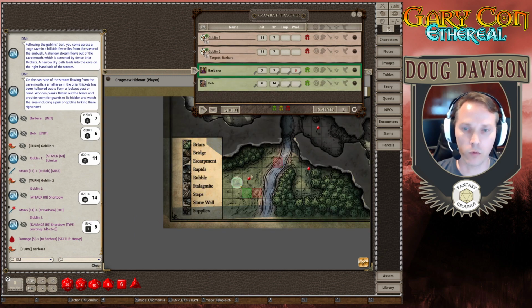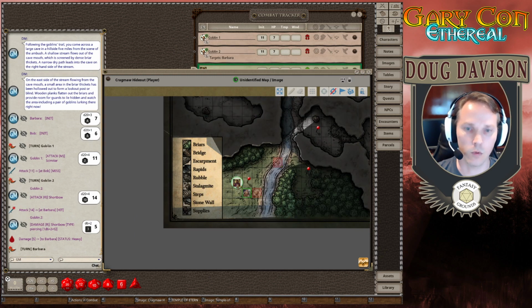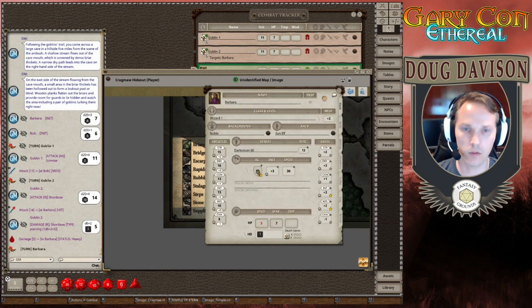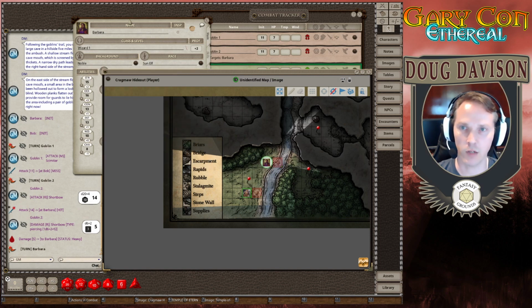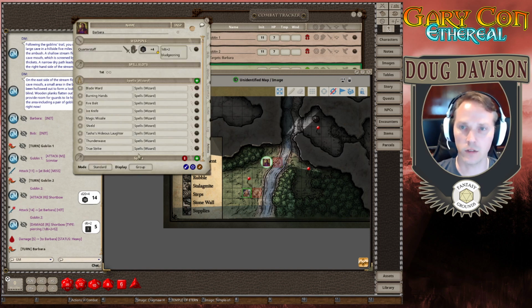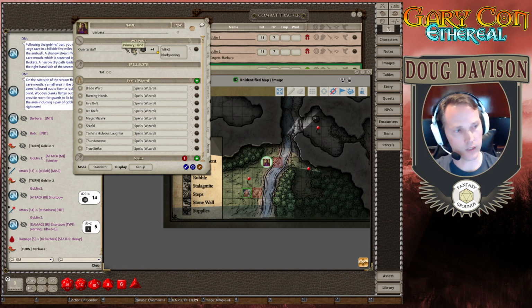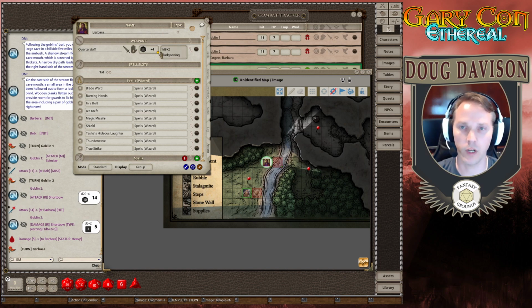So now Barbara, in response, when she moves around, she will have the ability to retaliate with some spells. So if I go to her, or in this case it's a goblin, she wants to save her spells. So she goes to the actions tab. She has a quarterstaff, and you'll see that it's a +4 to hit and 1d6 +2 bludgeoning. She decides she wants to just two-hand it and just really smack this goblin for daring to strike her with